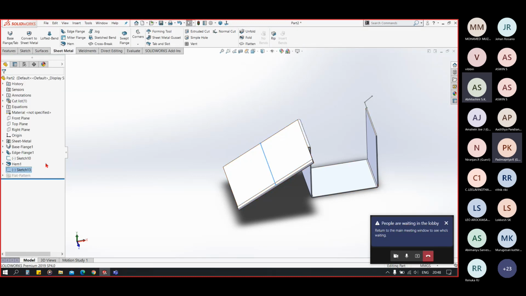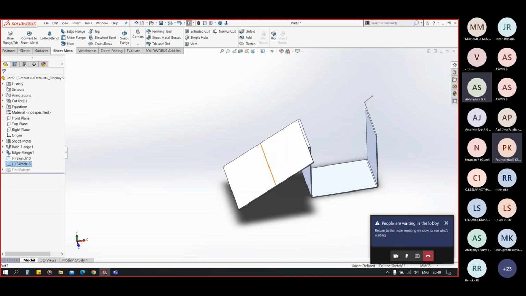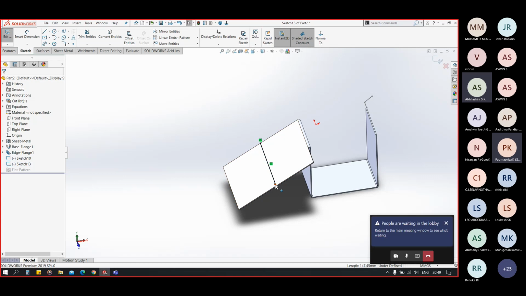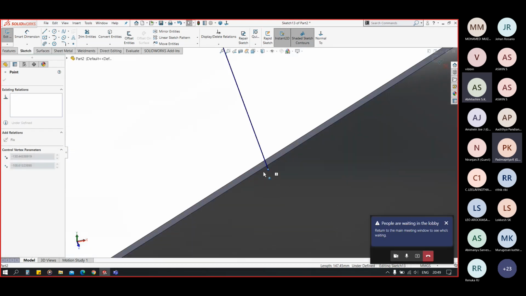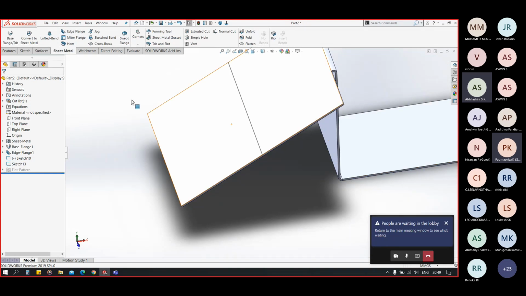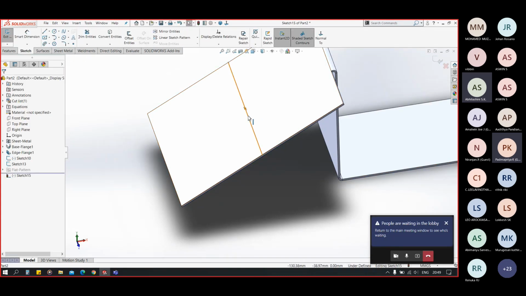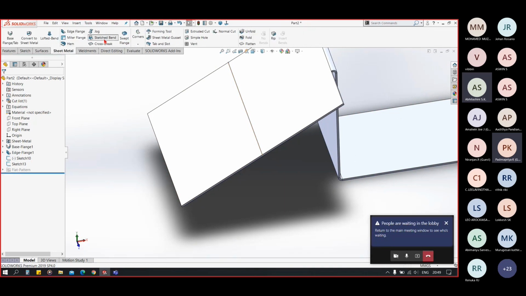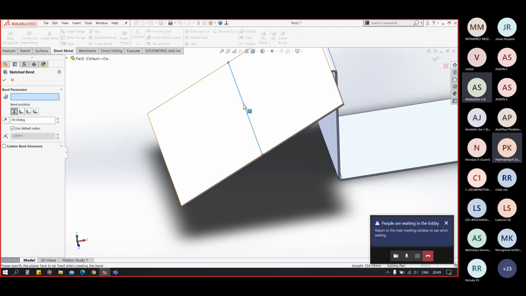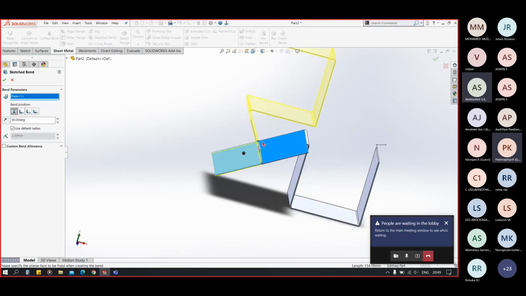But it will give an error because we have the hem there. So I have to delete the hem and extend the sketch to this edge. So now I can have the sketch bend and select this sketch, select the fixed edge, and you can see I have bent my sheet.